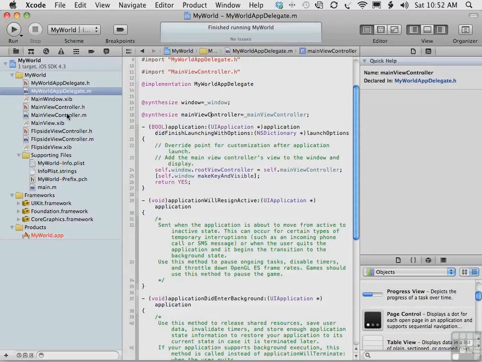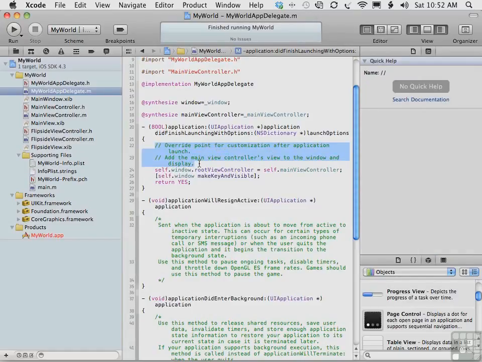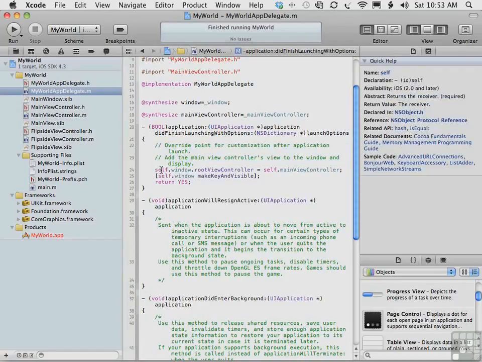So after the delegate receives notification that the app has launched, and that happens in the application:didFinishLaunchingWithOptions: method, here's where you have an opportunity to customize the view. In fact, the override point is commented out for you to show you where to do it. And this is where we will be adding stuff for My World app. After that, there's a